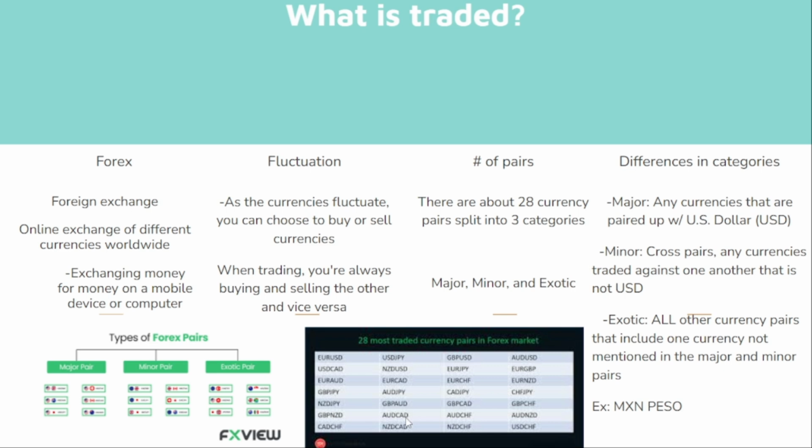What's an example? The Mexican peso. The Mexican peso is considered exotic because that currency isn't really traded a lot, but it's still a currency, so you could trade it. The South African one, I'm assuming, things like that are considered exotic, where not a lot of people trade it because that's not their preference, but it's still tradable. So those are all exotic pairs. I don't think you'll see them here because these are just major and minor. But if you want to take time out of your day and see what kind of pairs are exotic, then you'll see what I'm talking about.